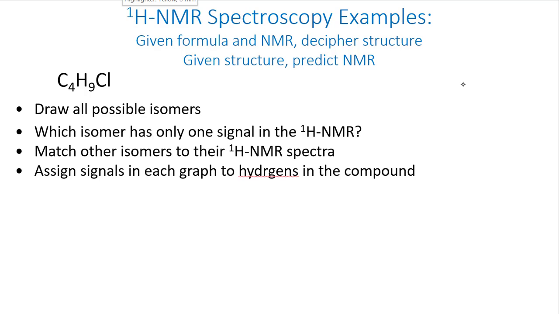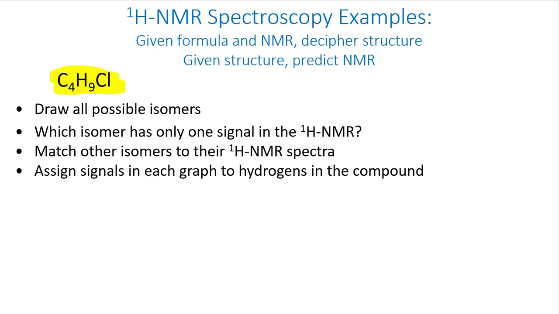In this exercise, we're going to use all of the isomers of C4H9Cl to illustrate some challenges that will be presented with an NMR. Specifically, given a formula and an NMR, we want to decipher the structure. Given a structure, we want to be able to predict NMR. And we also want to be able to make assignments of hydrogens in a molecule, or carbons if we're doing carbon NMR, with the corresponding signals in the NMR that they